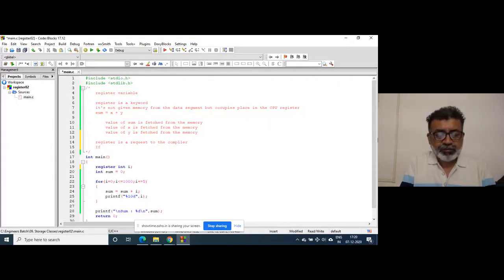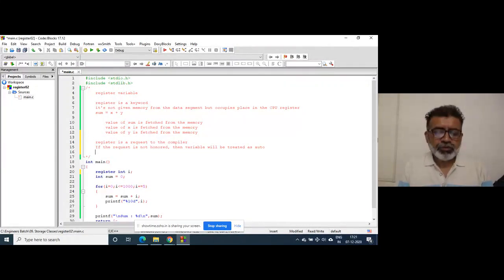If the request is not honored, then the variable will be treated as auto.